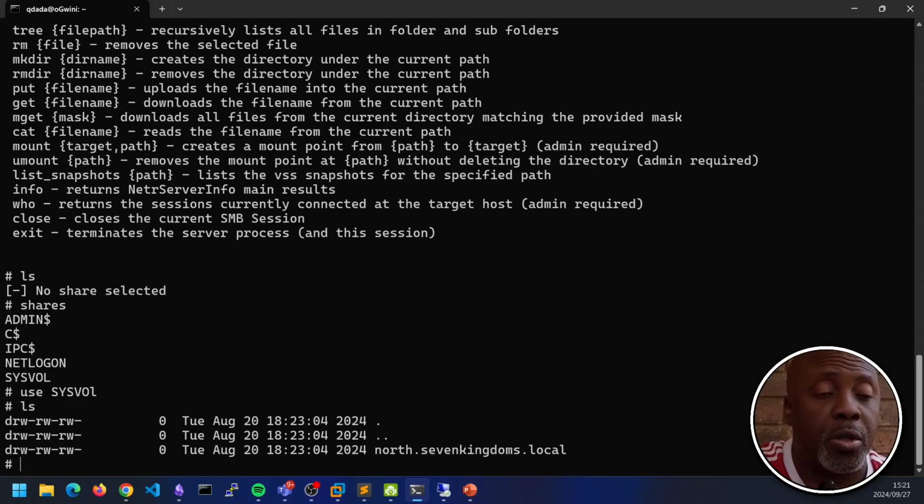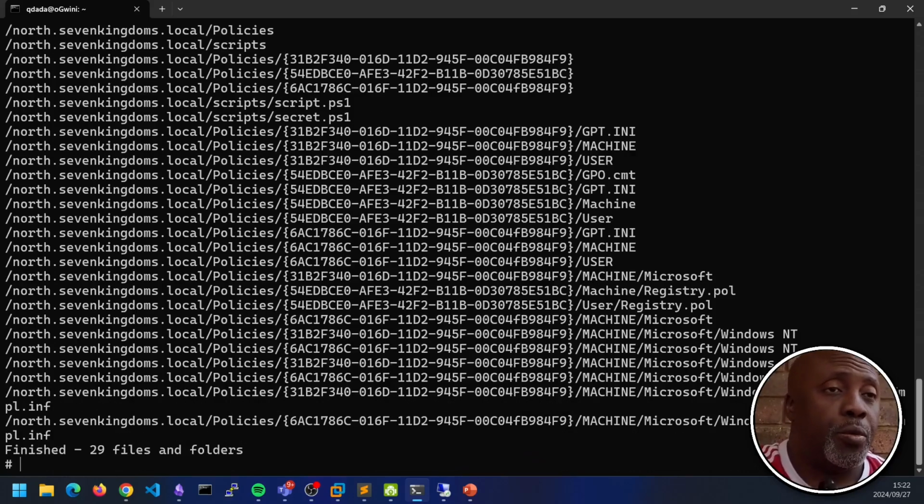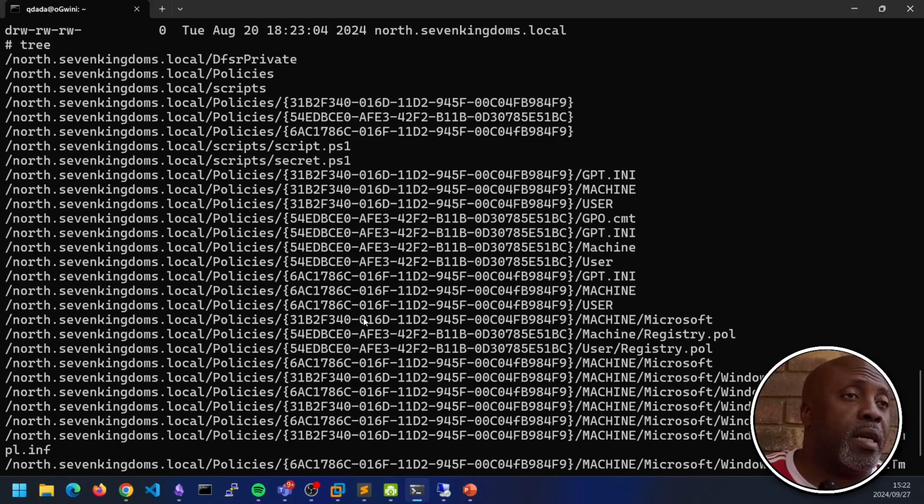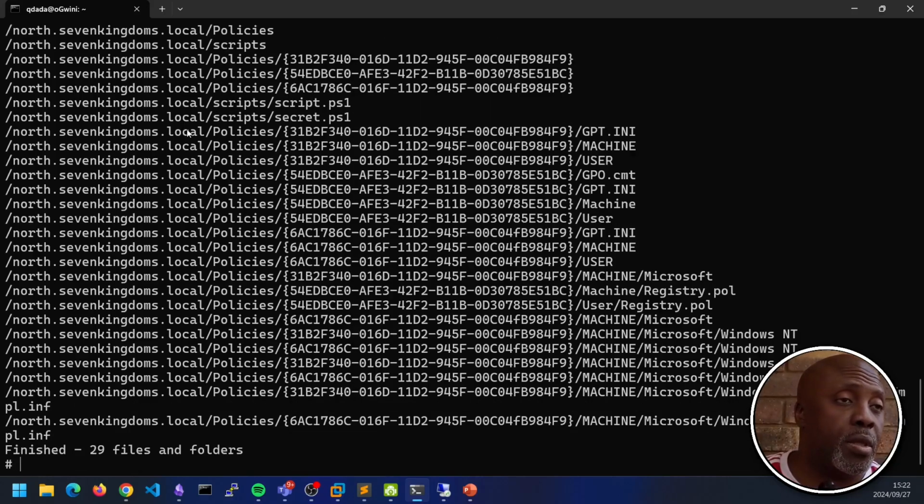or it's not the number one reason why I wanted to switch clients. Instead of using SMBclient, I wanted to use impacket SMBclient, and the number one reason for that is I'm lazy. I don't want to be typing cd tab complete going to the folder. So I don't want to do that. So I want to show you a command called tree. Now, when you do tree, instead of walking down the folders yourself individually, you can basically list everything that's available there and decide for yourself what looks interesting to you.